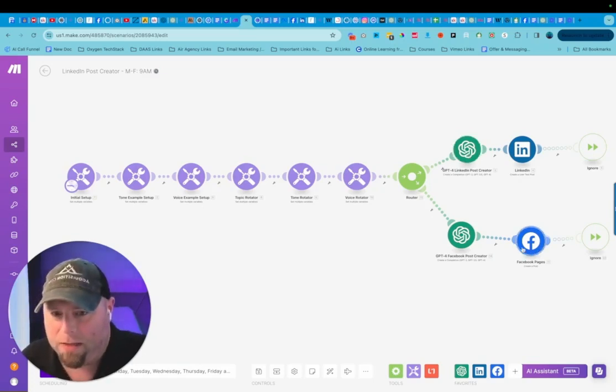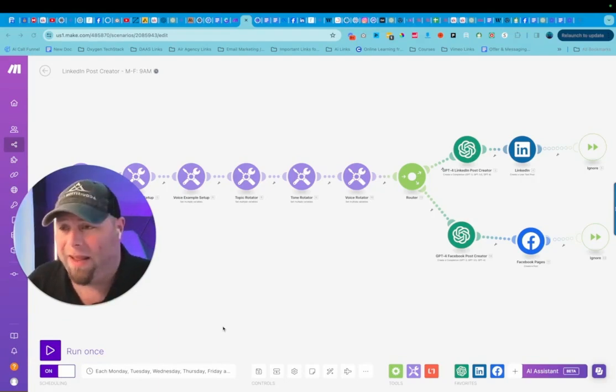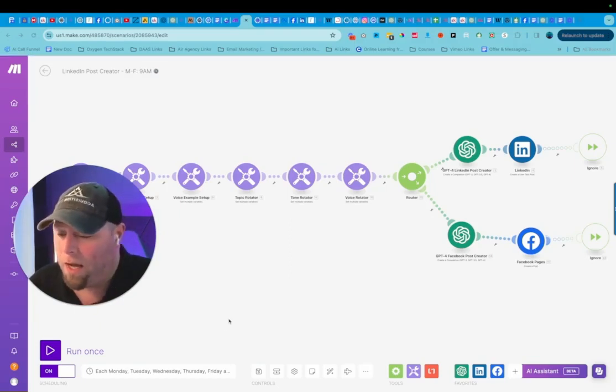So this is going through and creating a post on my Facebook business page, and then this guy here is creating the post on my LinkedIn page. These little guys here are basically just like the end of the cycle. I actually have this set up so that it'll run every Monday, Tuesday, Wednesday, Thursday, and Friday, and this is running at 9 a.m. And I have another one that I have go on at 6 p.m., but that one only goes 3 days a week. So I think it's Monday, Wednesday, and Friday that I've got that one set up. I literally just cracked this open last night.